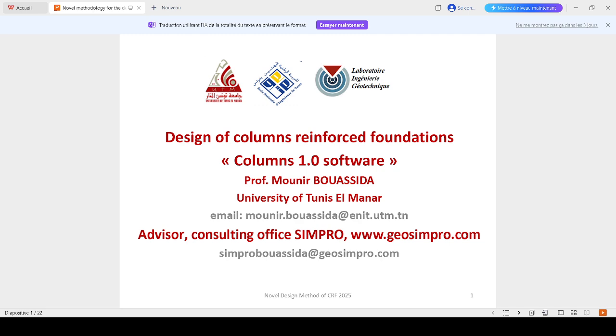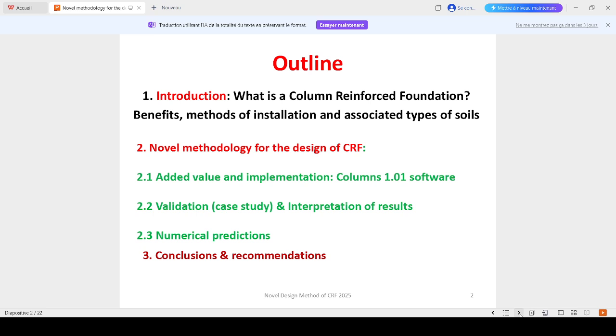Everybody. Today I'm pleased to give a talk about the design of column reinforced foundation based on column software. The outline of this presentation is, first, an introduction to define what is a column reinforced foundation, CRF, which are